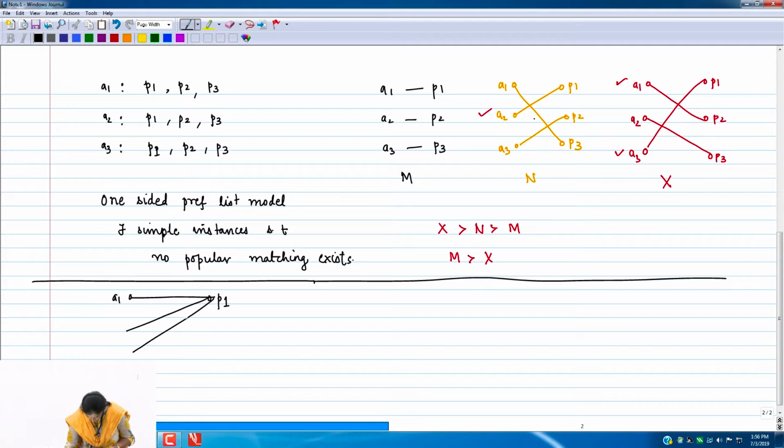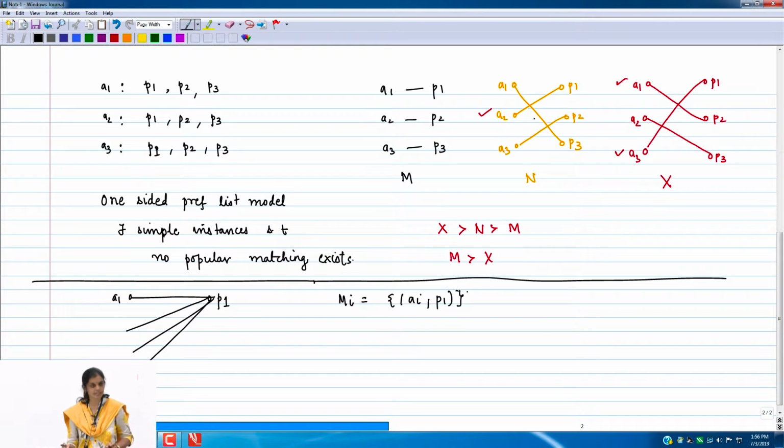There is nothing difficult about this instance. Now there are several matchings in this instance, in fact there are n matchings, each one of them has size 1 and each one of them just takes one of the AIs and matches it to P1, right. Now take any MI, so MI is equal to AI P1